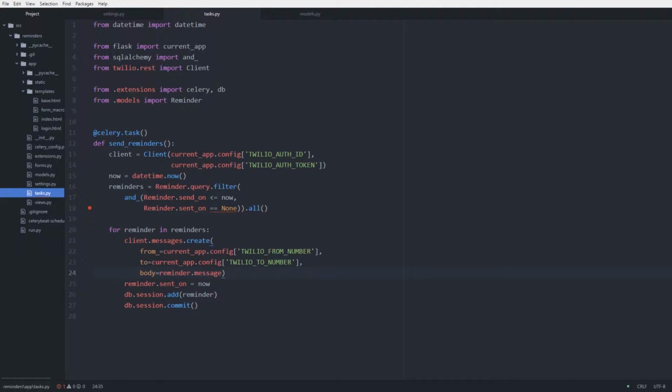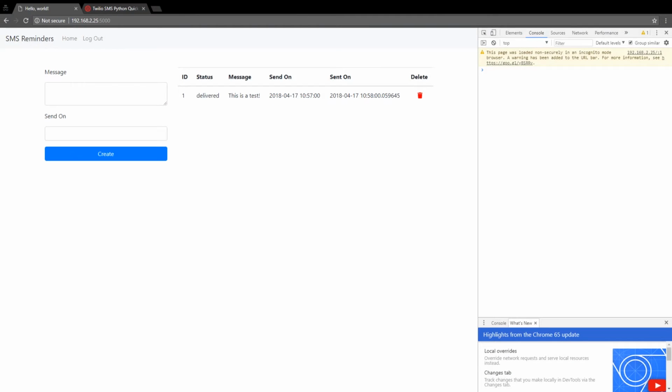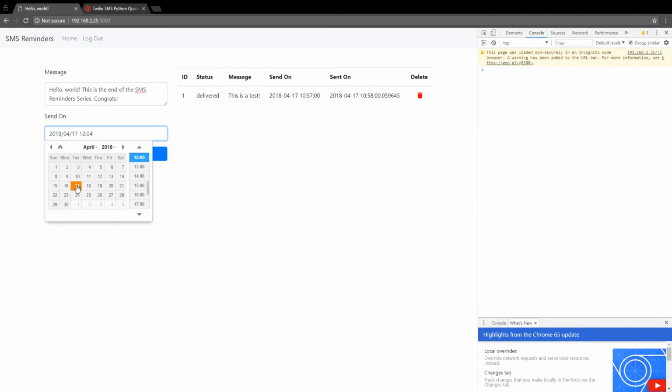The next step is for us to test it. So let's switch over to our browser, and let's create a scheduled reminder that's going to send out definitely. It's got to be a good one, right? So go hello world. This is the end of the SMS Reminders series. Congrats. Okay. And then we'll just set it, let's see here, it's 12:04 right now, so let's just set it to 12 o'clock. And then when I hit create,